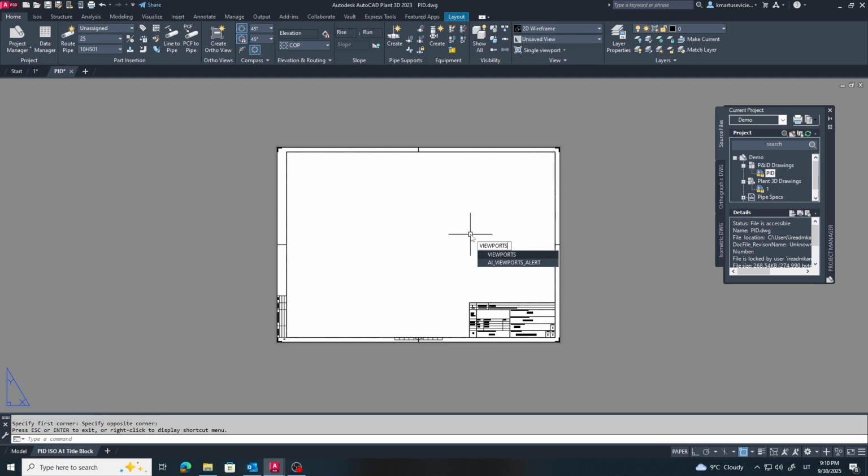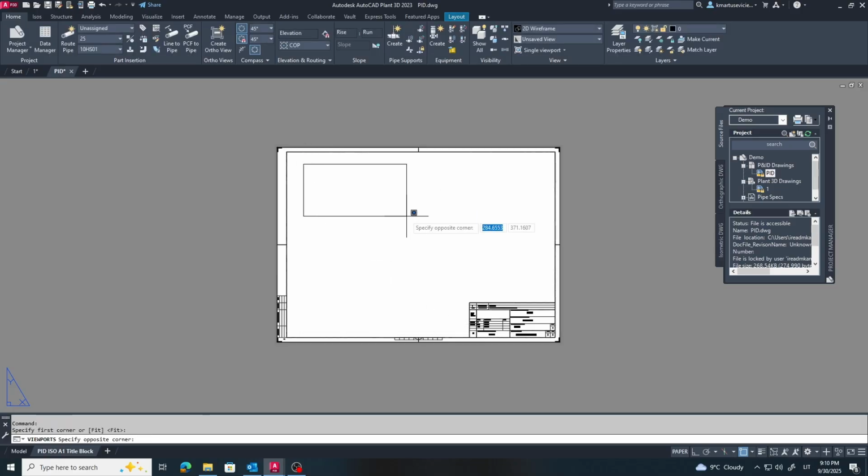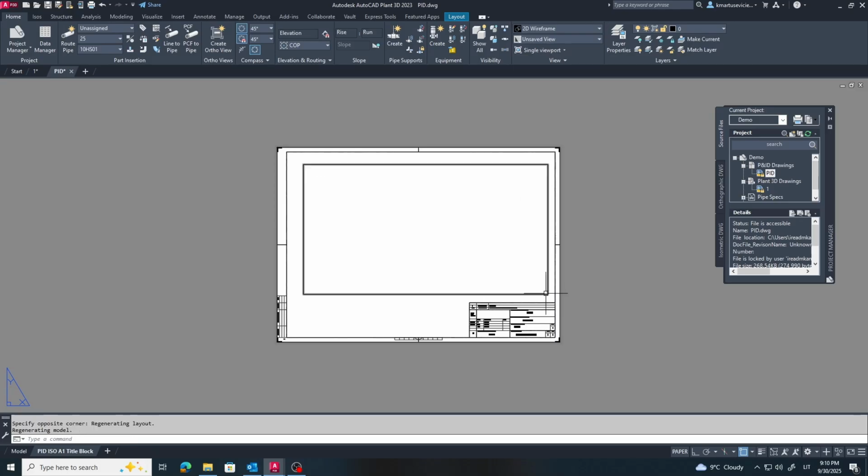Now we need to see what's inside our model space from this layout. To do that, use the Viewports command. Select how many viewports you want. In our case, we'll use just one, and then draw a rectangle on the paper layout where you want the